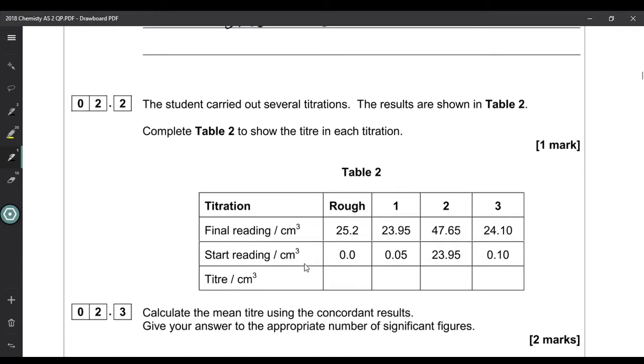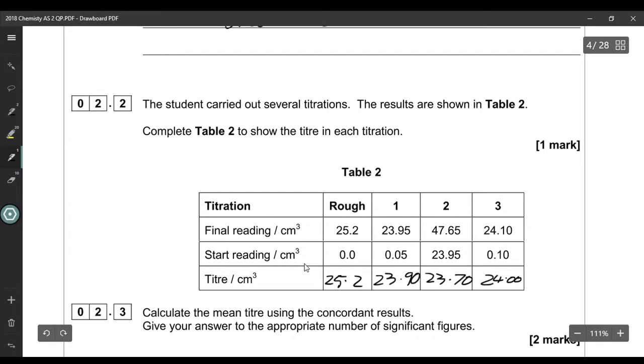It says the student carried out several titrations. The results are shown in table 2. Complete table 2 to show the titre of each titration. So it's just subtract the bottom number from the top. So in this case, we've got 25.2. The next one will be 23.90, then 23.70, and